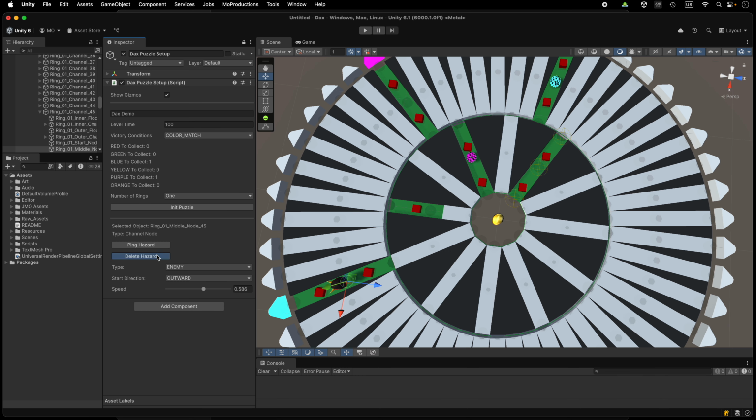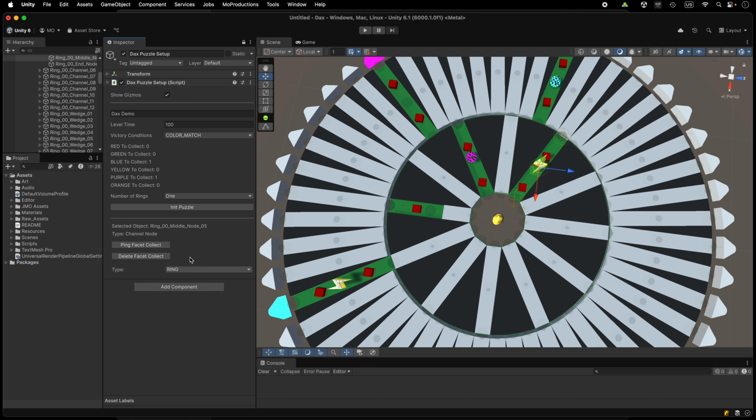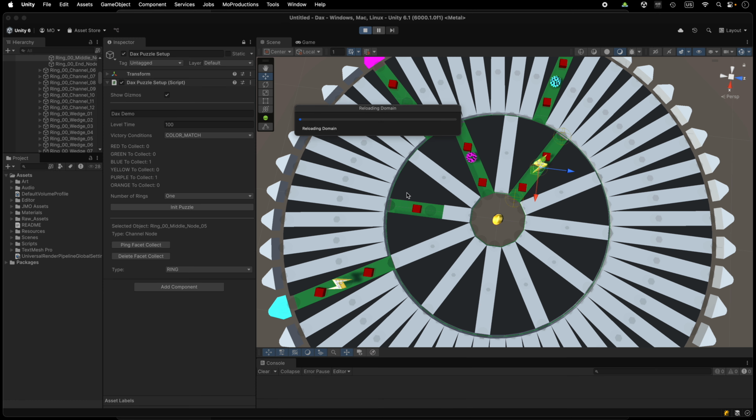Now, the facet collect and the shield behave differently than everything else because they don't activate when you pick them up. You have to actually activate them. Now there's ring, which will get all the facets from the ring, and wheel, which will get them from the whole wheel. It's basically game over. So init puzzle, press play,